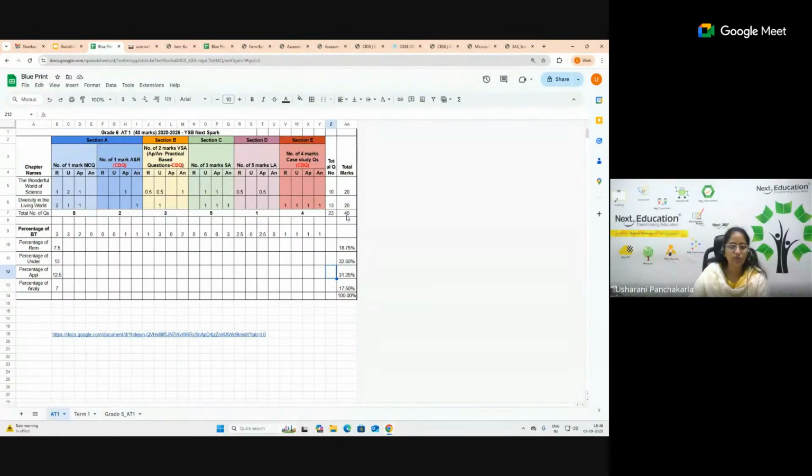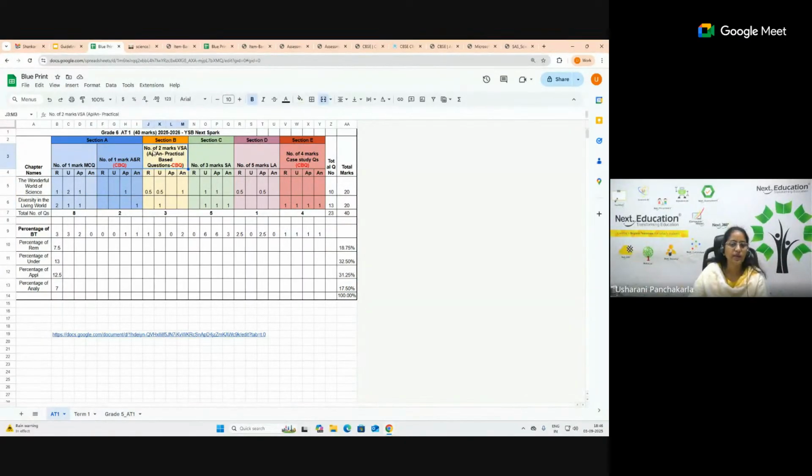Unless you create a blueprint, you will not even know the weightage that you are giving for a chapter, because this will give a clear picture to everyone, maybe a literate or an illiterate person also. You can educate them saying that for every chapter there are the section levels, as well as the MCQ and assertion and reasoning, because this is a grade 6 paper, so you should have the assertion and reasoning questions. And in this, how many remembering, how many understanding, how many applying. If analysis is not there, keep it 0. And this is CBQ, that is competency based questions, because assertion and reasoning comes under competency based.